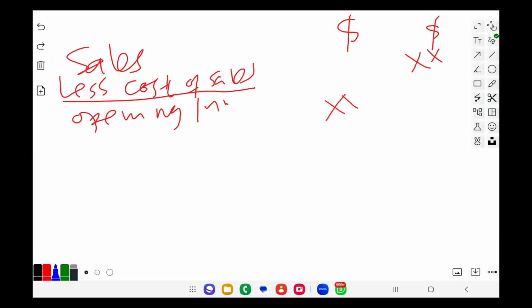After opening inventory, you will have to add the cost of production. And by cost of production, you mean direct material costs. Even in marginal costing, by the way, you start with opening inventory and then you add the rest. So you have direct material costs, direct labor costs,